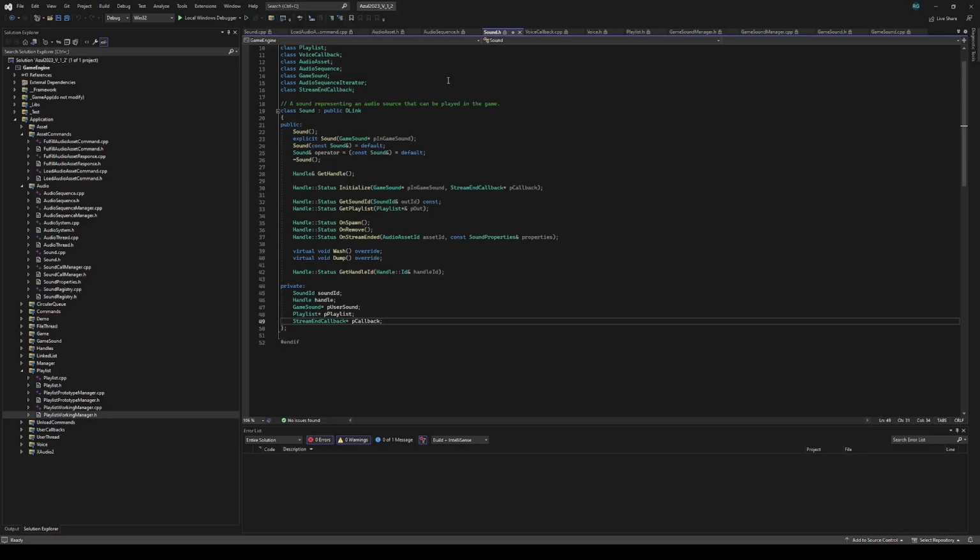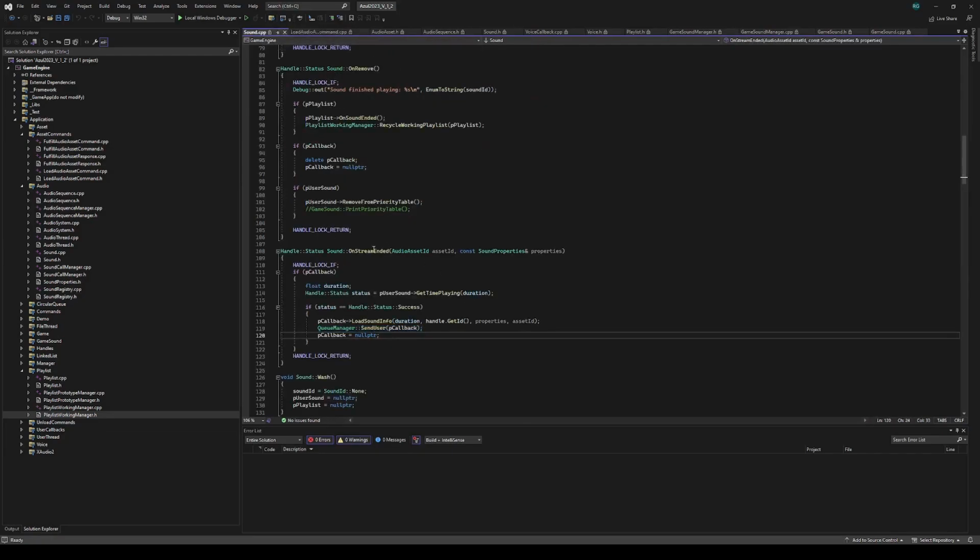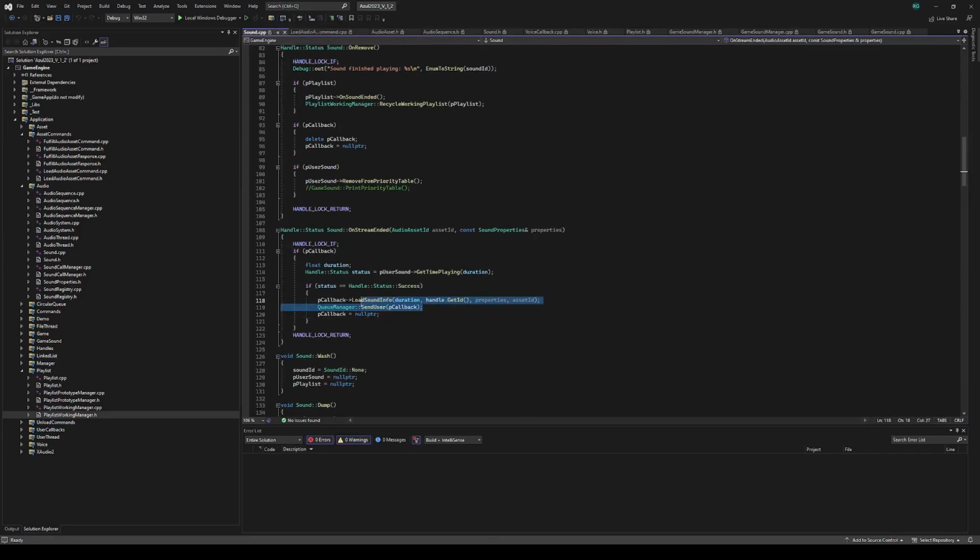Lastly, I can go over some extra things such as the asynchronous loading. Here's the audio command for loading an asset. If it's blocking, it'll load right away. Otherwise, it delegates to the file thread, just another thread to execute that command. And then also for the user thread, when we have the user callback on stream end, we just send the callback over to the user and let it